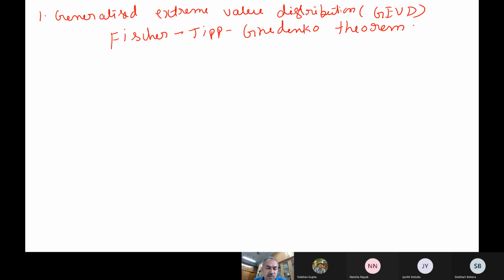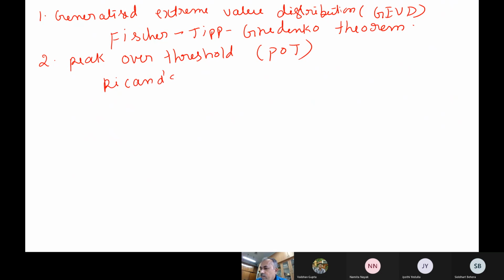Okay, so how to find out this extreme value theory from the data. Another thing which you can do is the peak over threshold method. You followed. So the POT approach, as they sometimes call it. And here also we have a theorem, the Pickands theorem. He says that, and this is related to Pareto distributions basically. So these are two famous theorems which are widely used in extreme value theory.